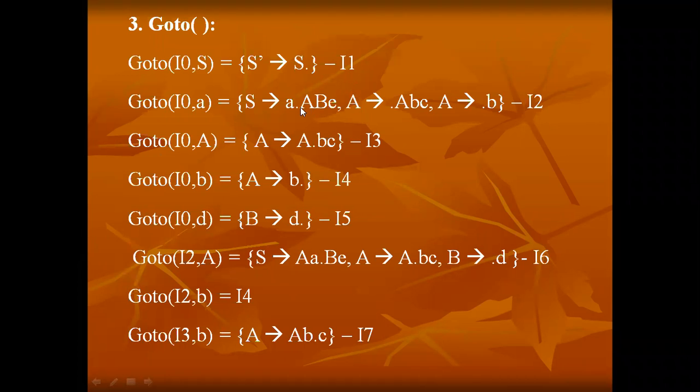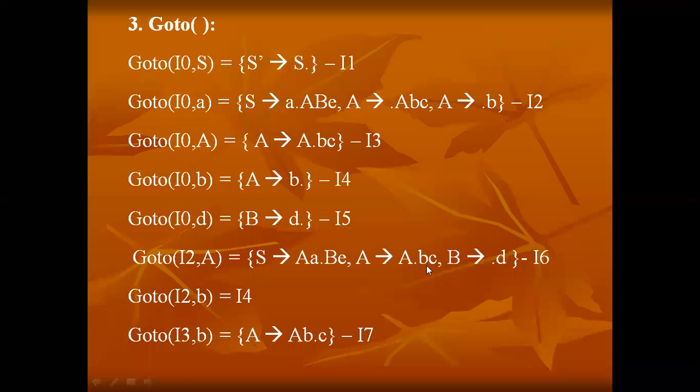See here in the I2 rule, after dot A is there. For the A, I am having two rules here, and B is there. First, I am calling the goto of I2 with this A. When I call the goto of I2 with the variable A, I have two rules, so I need to process these two rules at a time. After processing, how does the rule look? S tends to A dot BE,